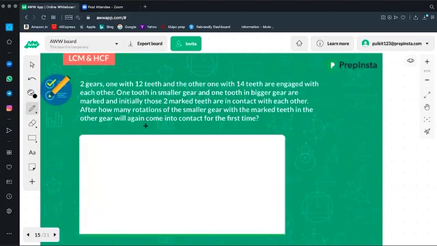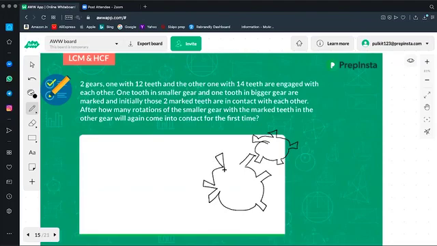Okay. So it says there are 2 gears. So what are gears, guys? Something like the coronavirus? Yes. I'm sorry, I'm very bad at drawing. Let's say this is the second gear. Yes or no?